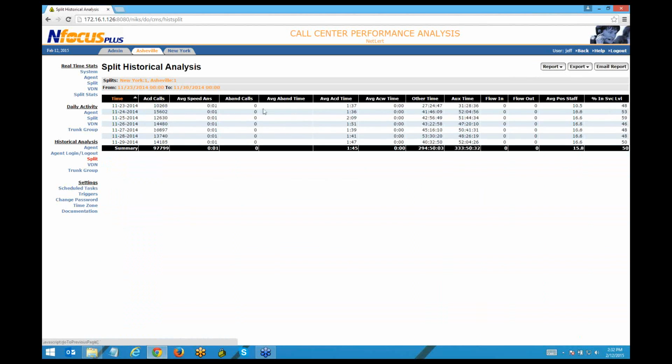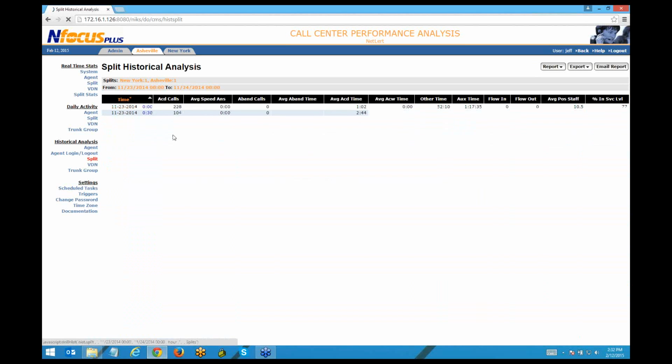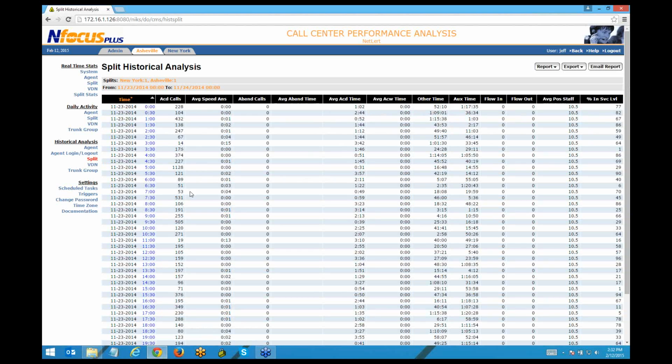If I hit the back button, it generates that report again. I look at it. There it is. I'm going to select a different day now, the 23rd of November, and drill down. So it's easy to navigate, just like any kind of web page that's out there. You go backwards and forwards, etc. All your